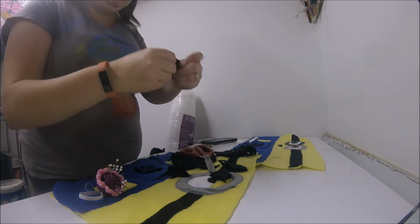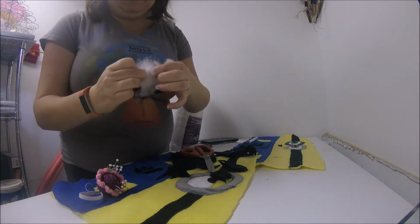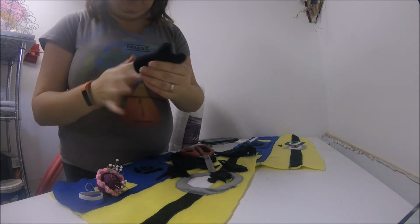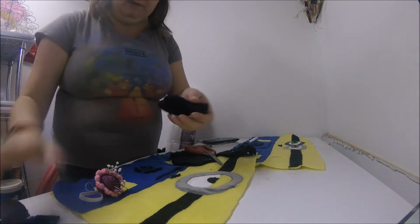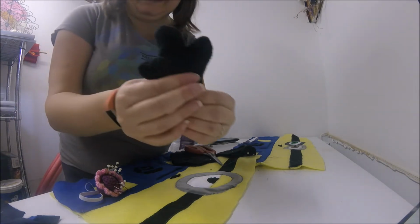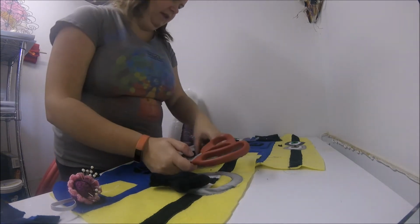What we're going to do is stuff. I have my stuffing here. We're going to stuff lightly into each finger. We're going to leave the wrists kind of clear of stuffing. We want that to be flat because we're going to sew the arms on. Anyway, we've got it stuffed like that. See, there's his little hand. And we're going to do that with the other side too, but I will show you how to make the